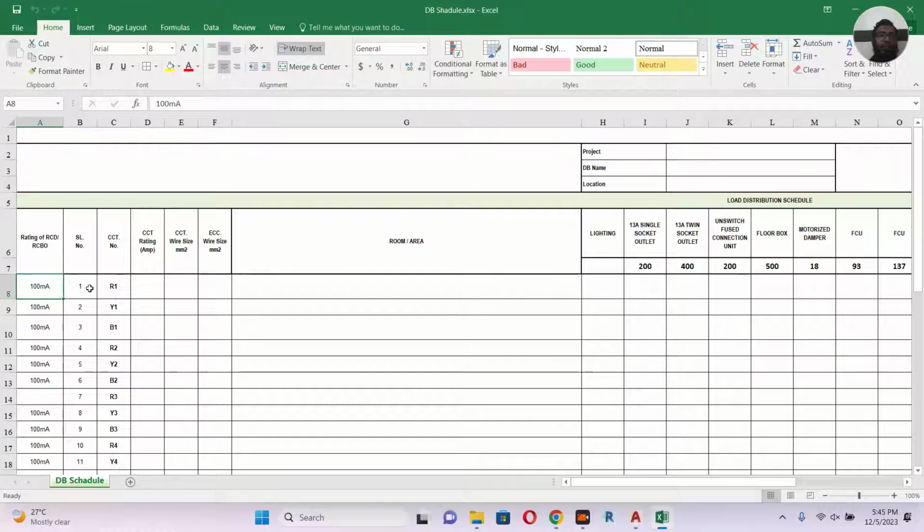And this is the serial number, and this one is R1, Y1, B1. This is very important. R1 means red one, yellow one, blue one. So if you Google,